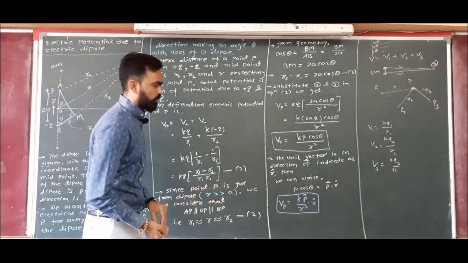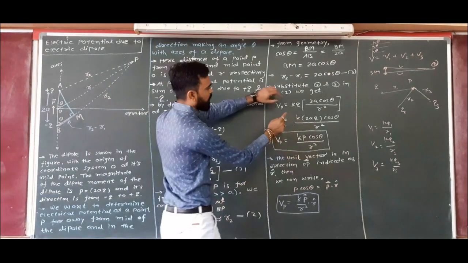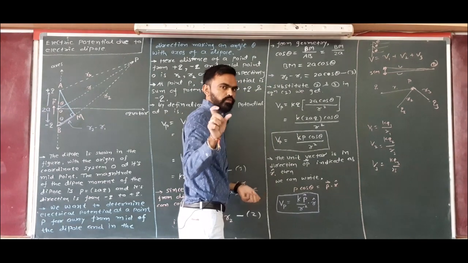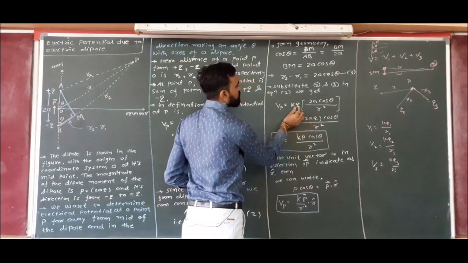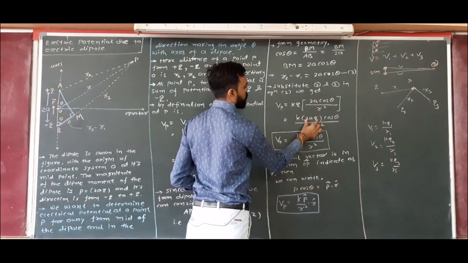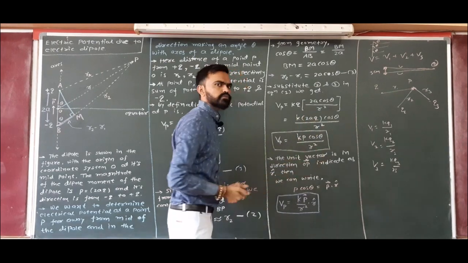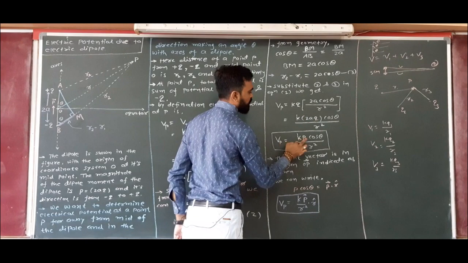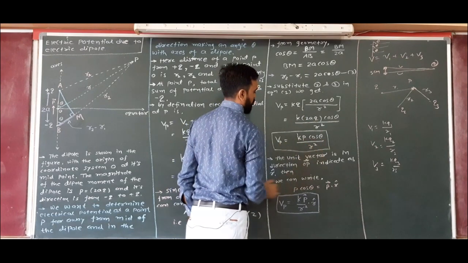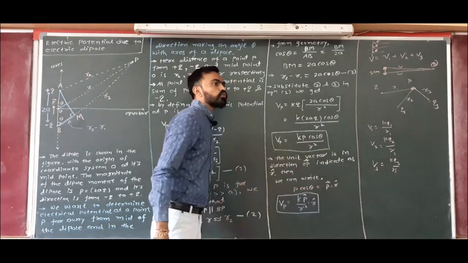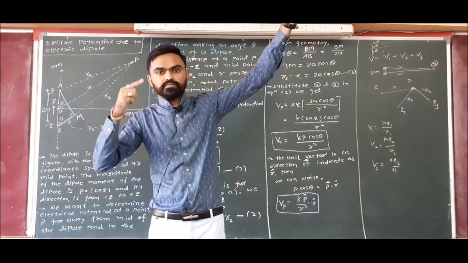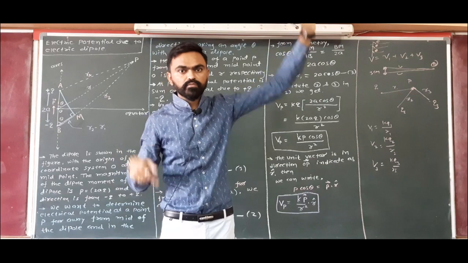Got it? Okay. So arrange this in such a way that we form a 2aq kind of structure. So take a q there, it's 2aq, and we know 2aq is the dipole moment, right? Indicated as P. So k into P into cos theta upon R square. This is the total potential at a point B, which is at a large distance from the dipole. You get it, right? Okay.